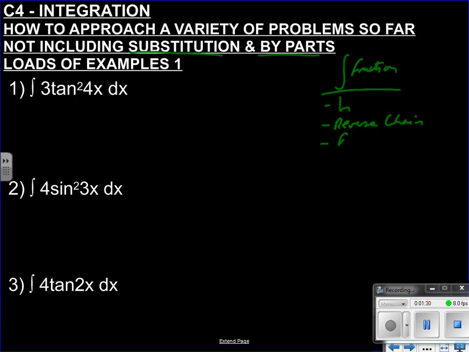Reverse chain, then we've got factorize, don't we? Then we have long division, and then we have partial fractions. Obviously within here, there may be just simple trig changes first, because